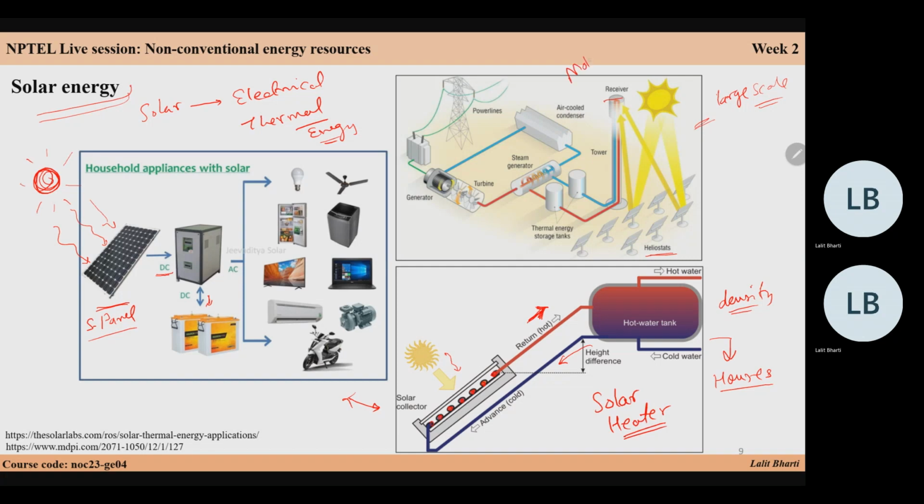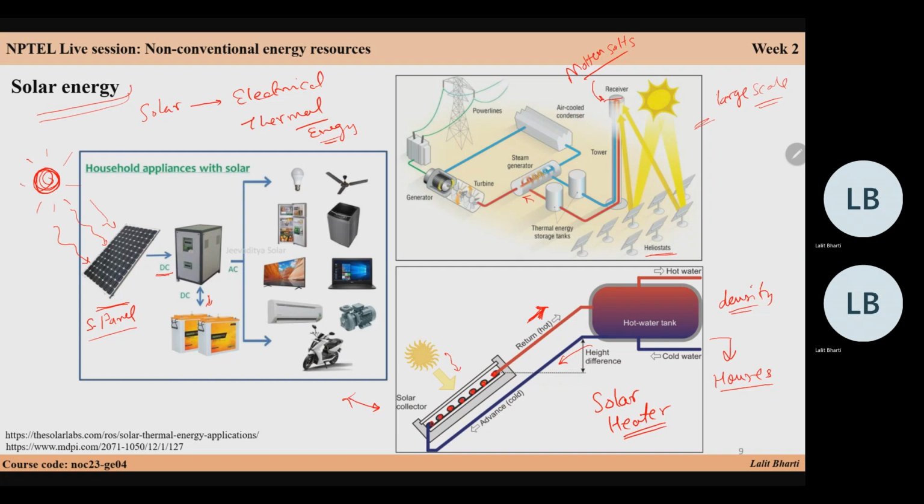Mostly the molten salts are used in the receiver. So through these molten salts, they will circulate this energy to the steam generator,